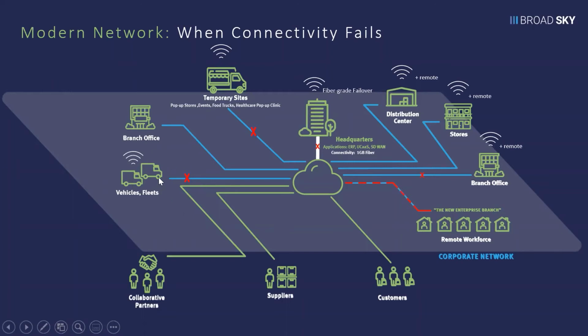Being able to take a tablet or an RFID scanner or something, on your trucks and in the field, iPhones with attachments, right? And being able to connect the fleets and vehicles while still maintaining security, and you're not exposing yourself to threats from employee usage, downloading personal applications, things like that. The model has changed, and I think businesses are changing quickly, and they're calling on Broadsky to do so.